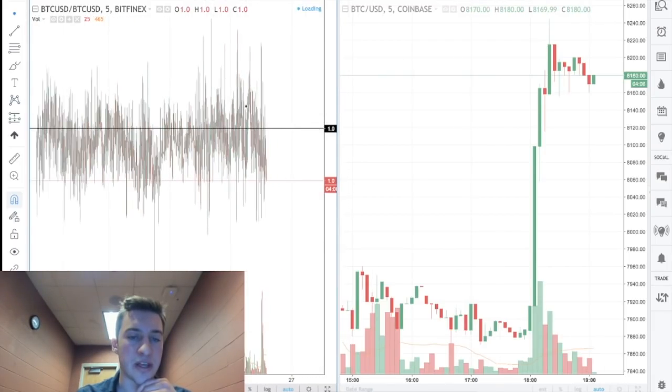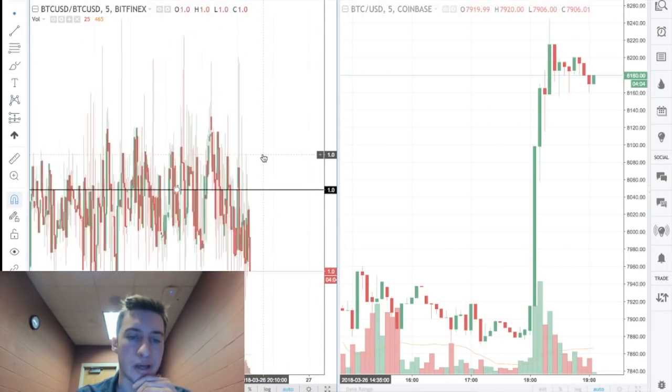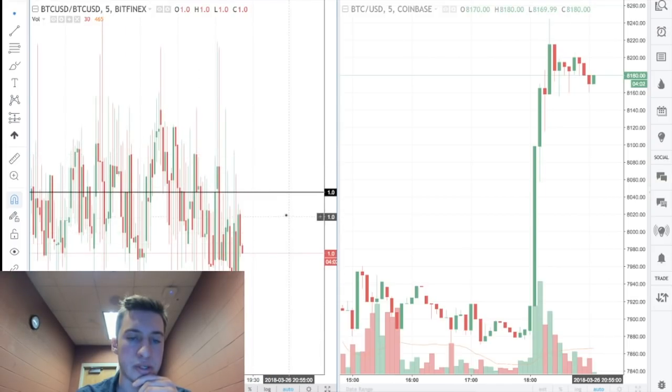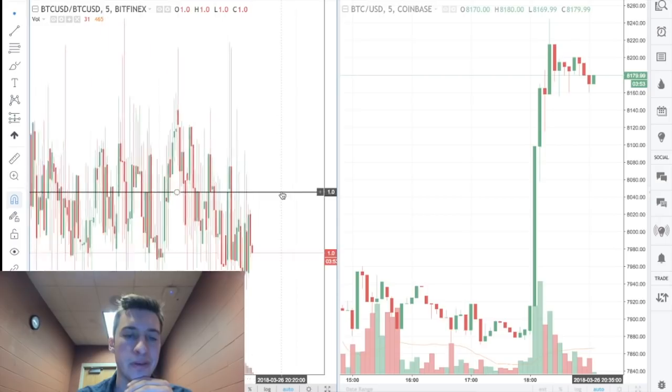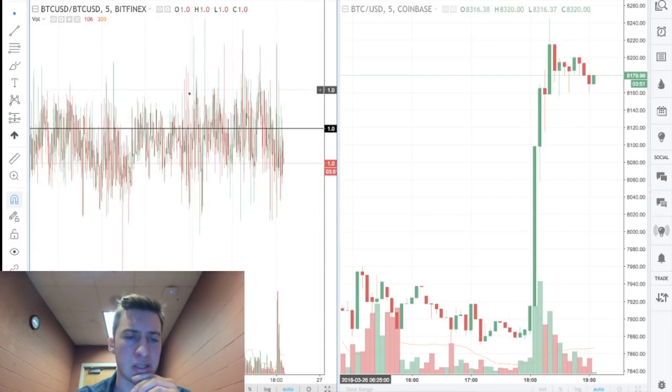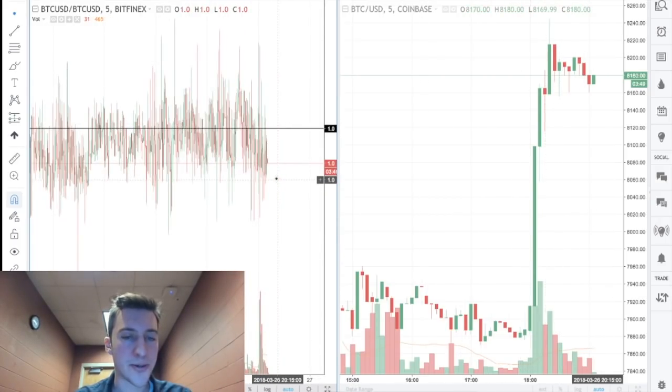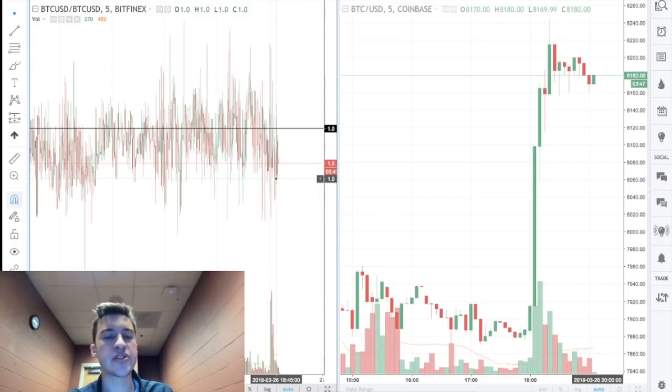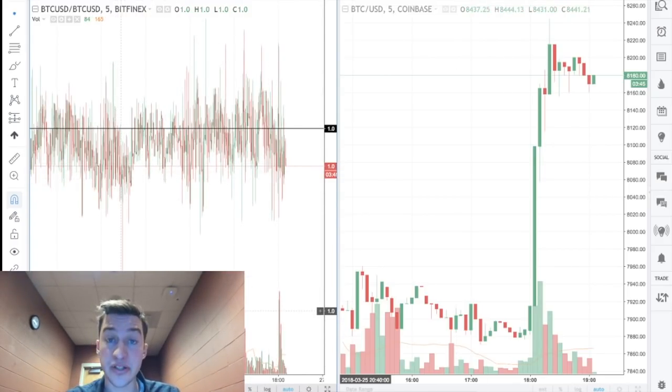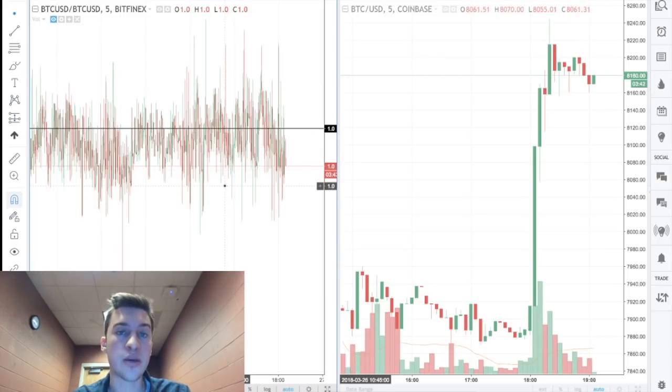So now we have Bitfinex divided by Coinbase. It's going to look kind of wonky, but I put a horizontal trend line, as you can see here. This is where the correlation will be if Bitfinex's rate was exactly equal to Coinbase's rate. So that's just a good gauge to see what's occurred here. And the basic strategy with this is whenever this goes very, very low, you want to sell. Whenever this goes very, very high, you probably want to buy.